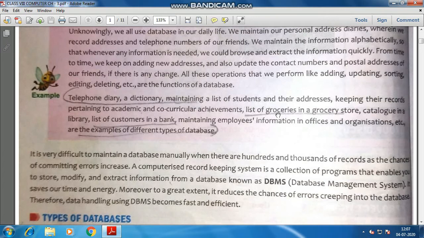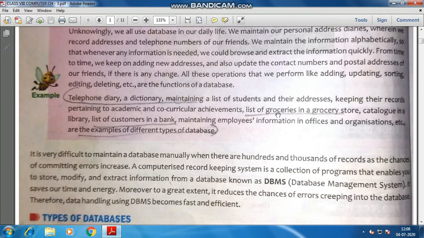And what else can we add here: the salary package, how much experience they have gained till now, their key skills, their educational information, the professional information. All these things are covered in a database which organizations and offices create for saving employees' records.